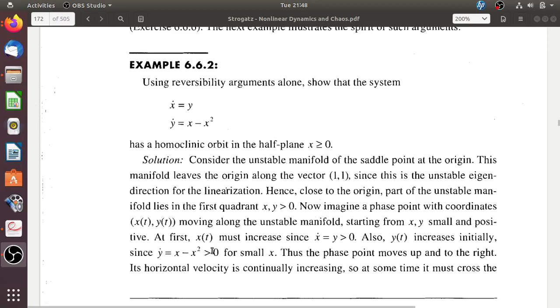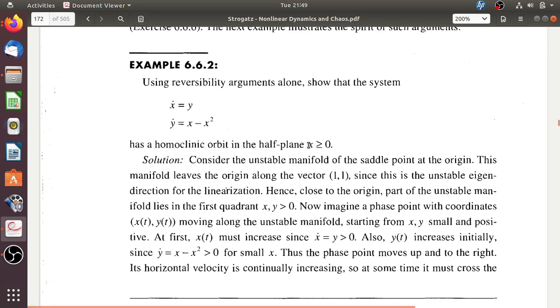In this video we are going to discuss example 6.6.2. Here a system has been given and we could verify that this system is a reversible system. Now it's been asked to show that this system has a homoclinic orbit in the half plane